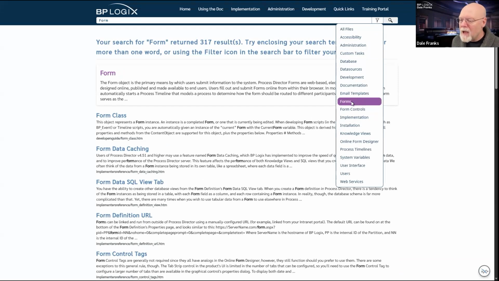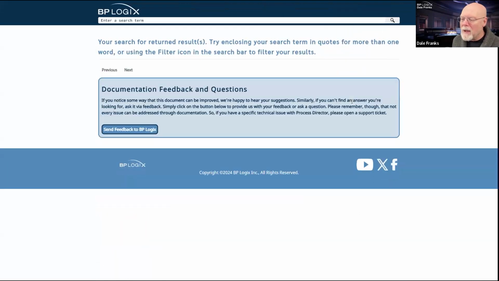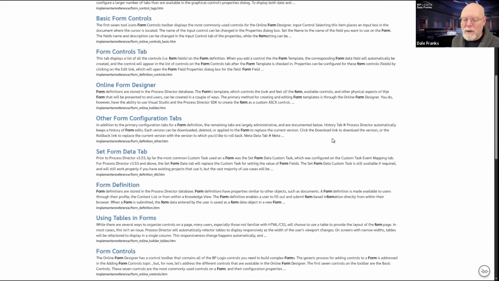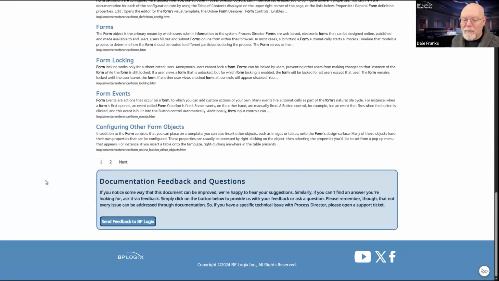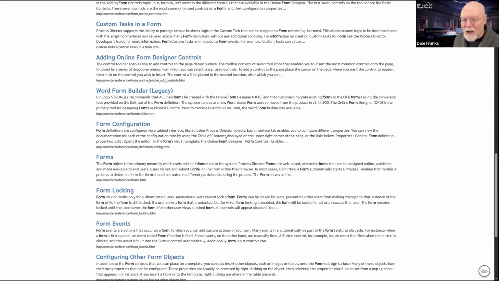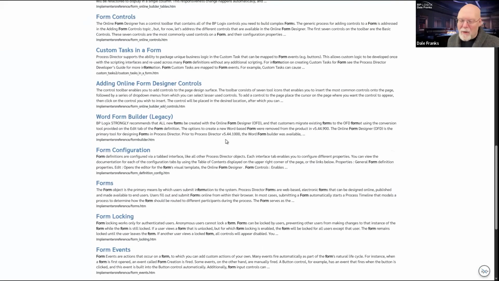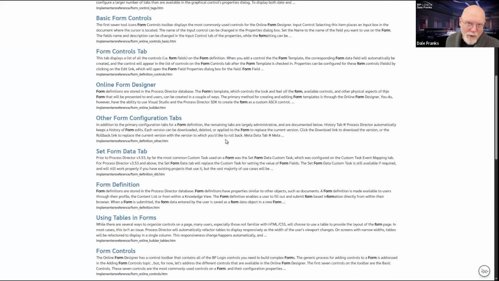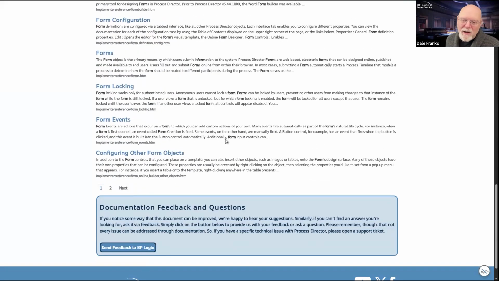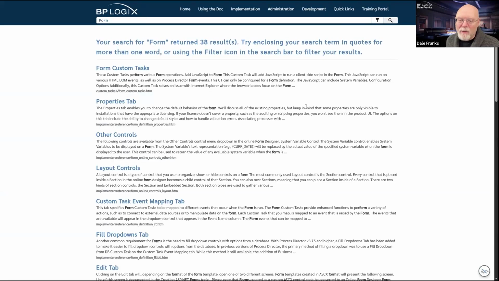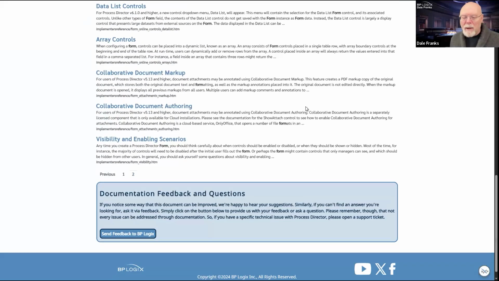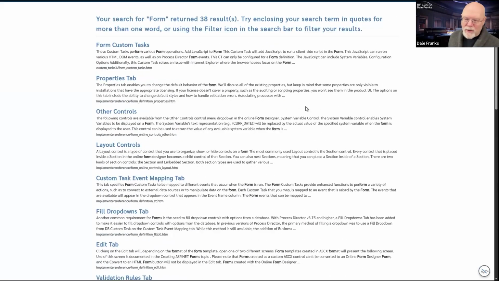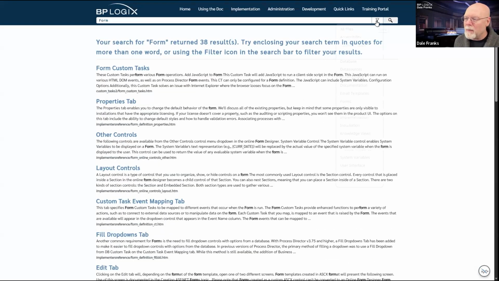So let's say I just want to know about the form itself. I would just click Forms. Now I'm down to 2 pages. Obviously, forms are mentioned a lot. So there are many topics about forms. There's the online form designer, form configuration tabs, forms as email templates. So I'm going to get a lot of results returned from there, but I'm only going to get 2 pages of results. They're 2 long pages, but they're 2 pages.